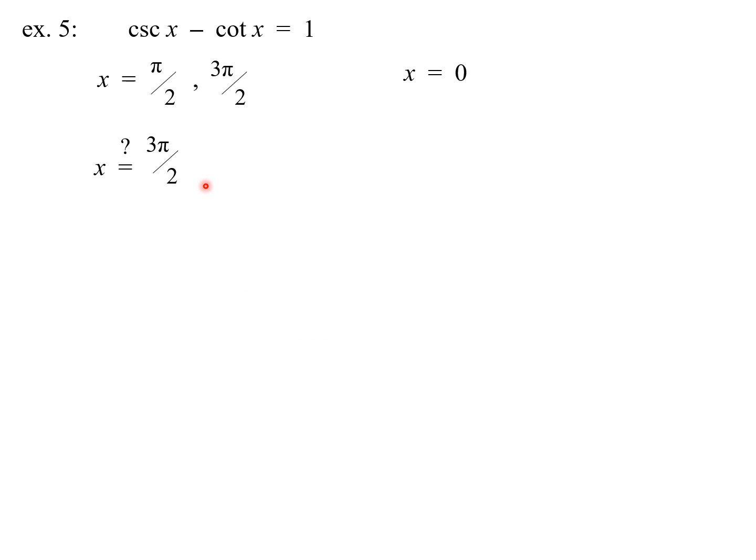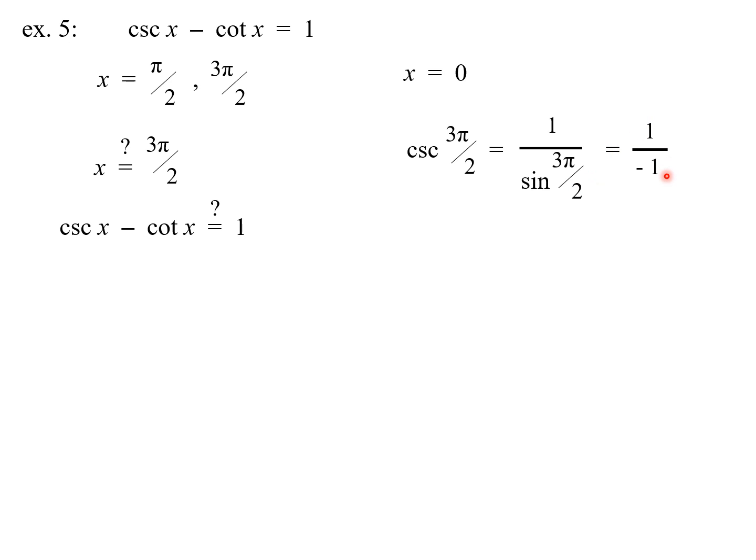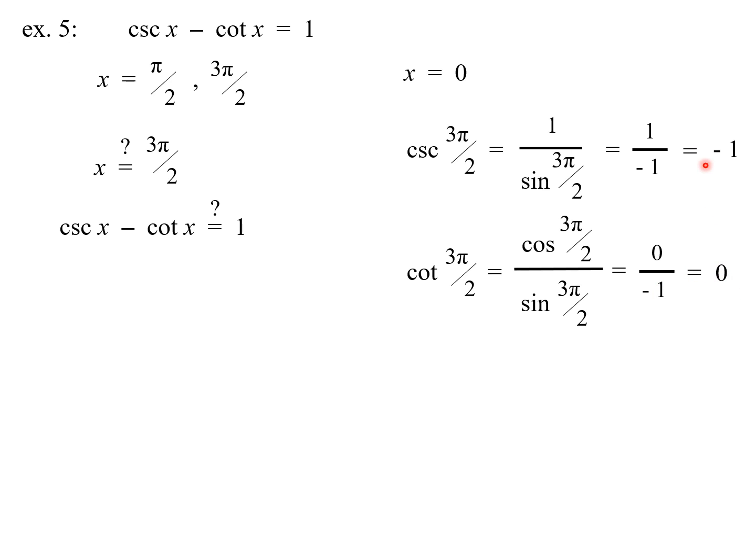Now, let's check 3 pi over 2. So I'm going to get the cosecant of 3 pi over 2, 1 over the sine of 3 pi over 2. Sine of 3 pi over 2 is negative 1, so that becomes negative 1. The cotangent, the cosine of 3 pi over 2 is 0. The sine is negative 1, that becomes 0. And then plugging the values over here, I get negative 1 minus 0, which is not 1. It's negative 1. So this does not satisfy this expression, so